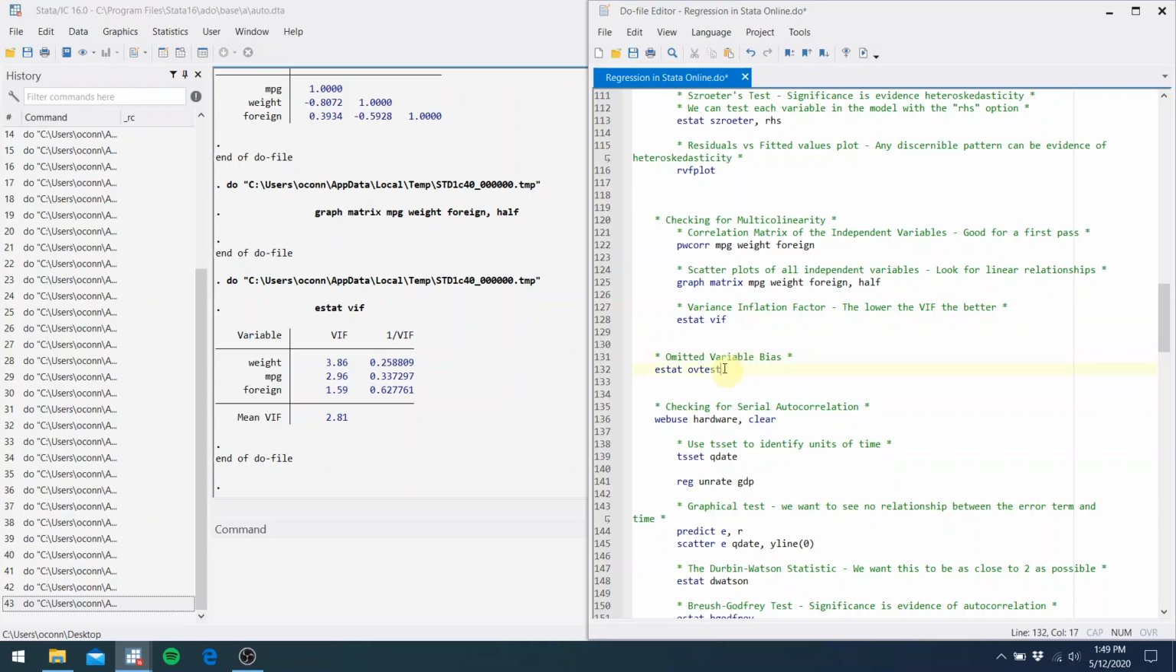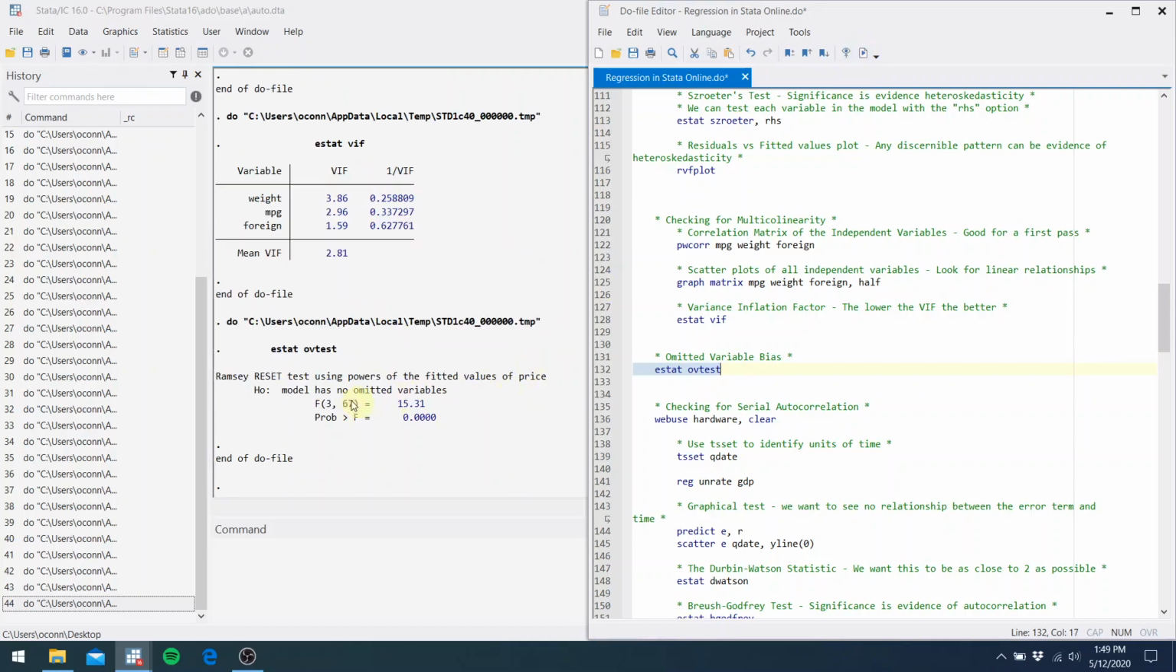And then two more assumptions that we need to look for here. One is omitted variable bias. So we can look for that with the OV test, estat ovtest. The null hypothesis here is that the model has no omitted variables. We can pretty clearly reject that null hypothesis. So this regression we ran does have some omitted variable bias, and we need to find some other controls and other things to have a really good model to predict the price of a vehicle. And then one other assumption